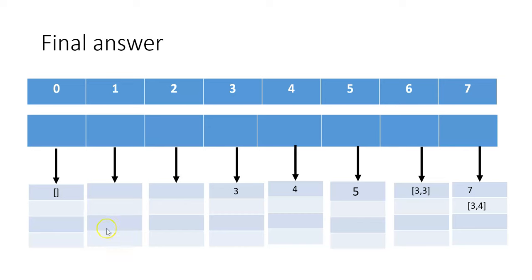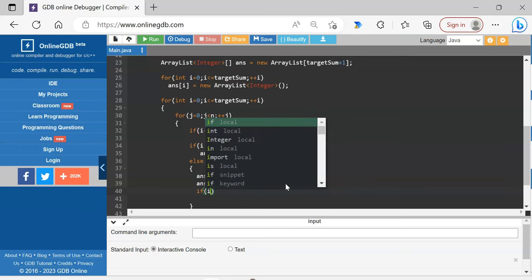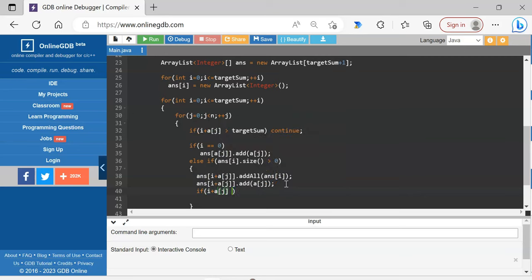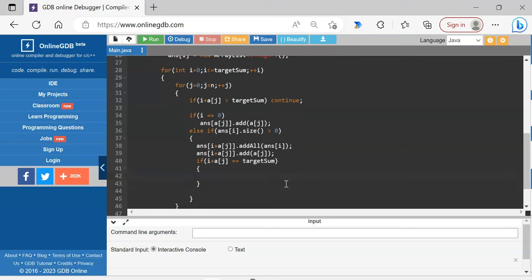So let's get back to the code that we had. Now that we have added the elements, 3 plus 3 would be there for 6, and 3 plus 4 would be there for 7. So I'm going to check if i plus a of j equals target sum. That means we have got the answer, right? For example, we have got 3 plus 4 and we have got to 7. If that is the case, all we need to do is to display the answer from the target sum,